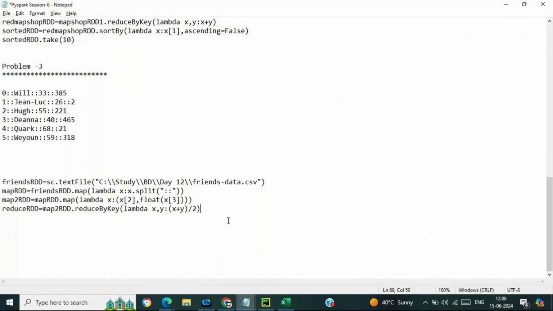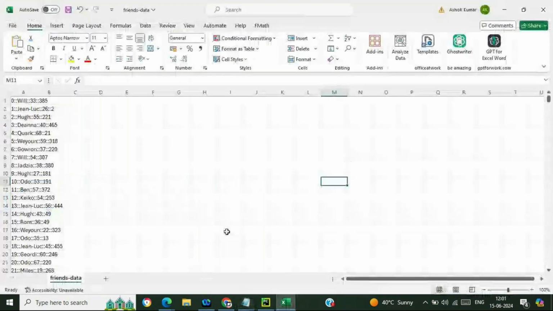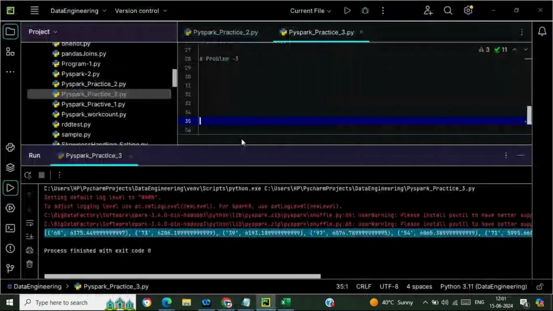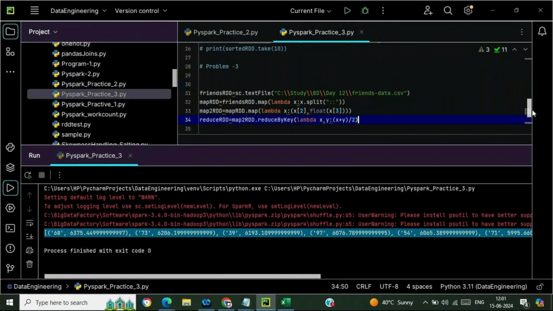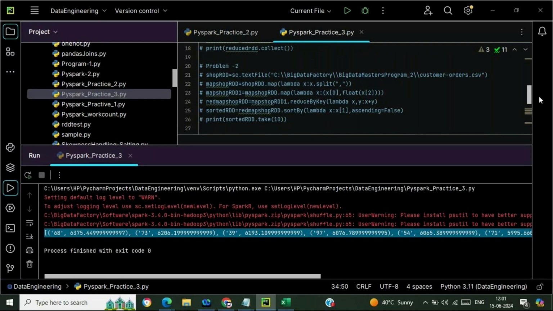No, that one is fine. Let me check. Okay, let's proceed with this example. One thing in this code, Ashok: float is required here. I think all are integers, right? If float is there, then that is fine, there will not be any issue.